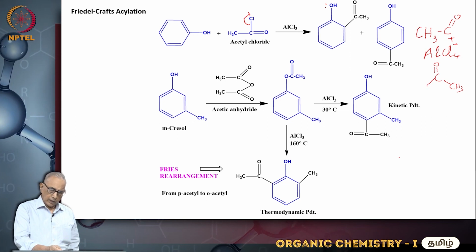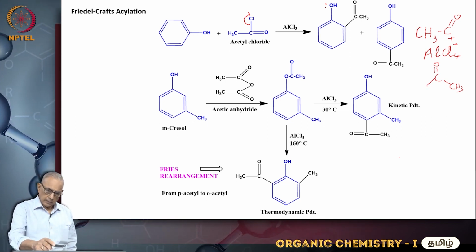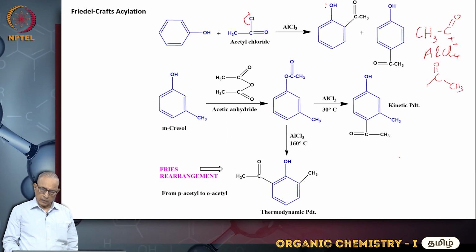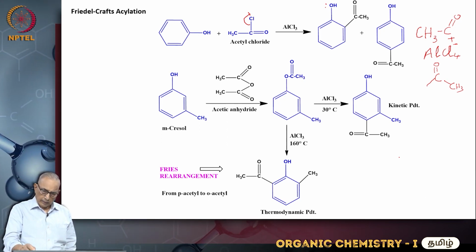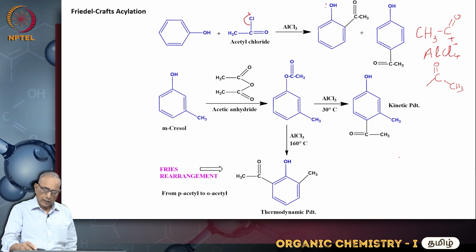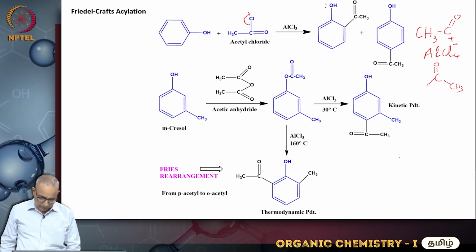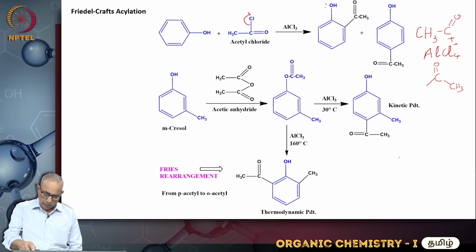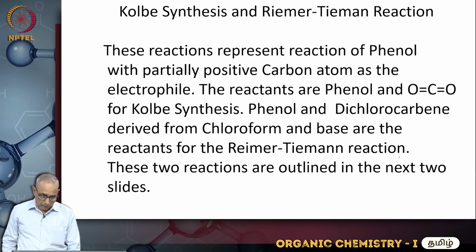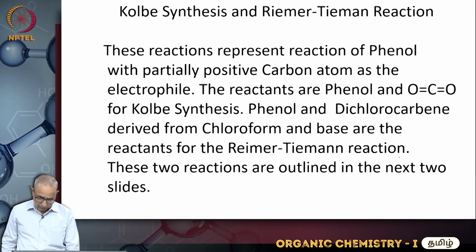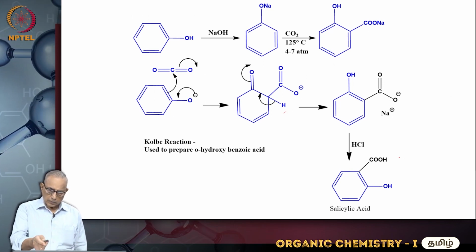If you have phenol treated with acetic anhydride, an ester, acetate, forms. If you heat that acetate with aluminum chloride, you get either the para acyl group or the ortho acyl group. So this is more stable, this is less stable. Then the Kolbe synthesis and Reimer-Tiemann reaction: phenol plus CO2 forms orthohydroxy